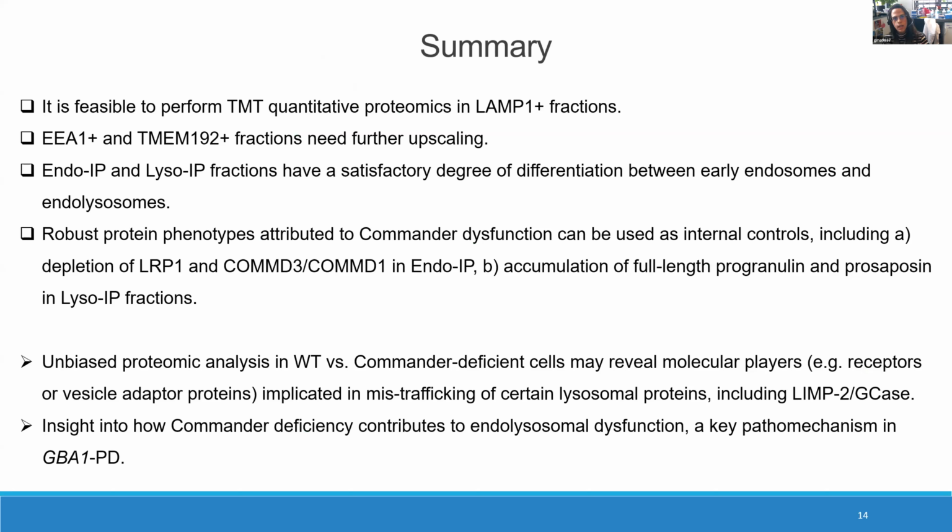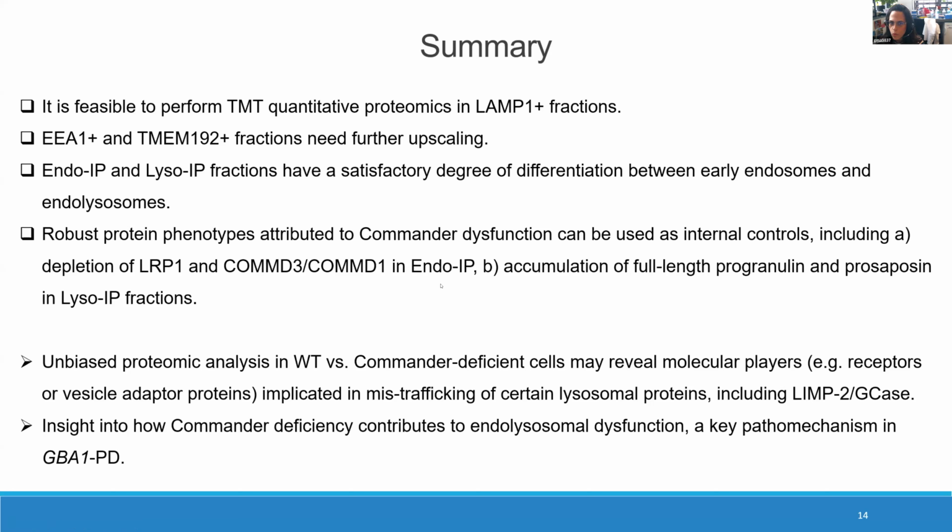can modulate the trafficking of certain lysosomal proteins. So in conclusion, we are ready to submit our fractions of LAMP1 positive for quantitative proteomics. I'm currently upscaling a little bit for the early endosome and TMEM192 fractions. I think there is a good degree of differentiation between the proteins encountered in early and later endosomes and lysosomes. And another thing is, for the evaluation of the results, I'm always looking at what controls I can use, and I think there are some reliable internal controls